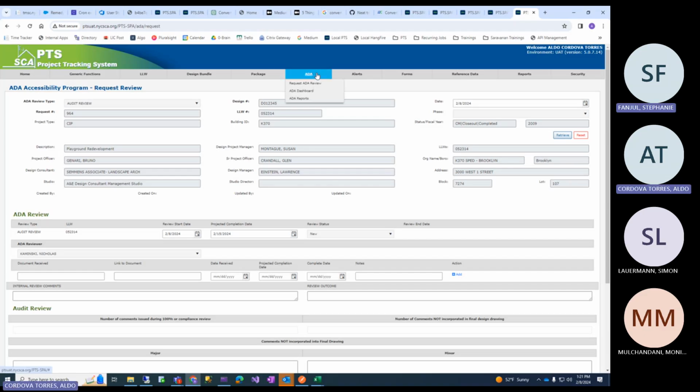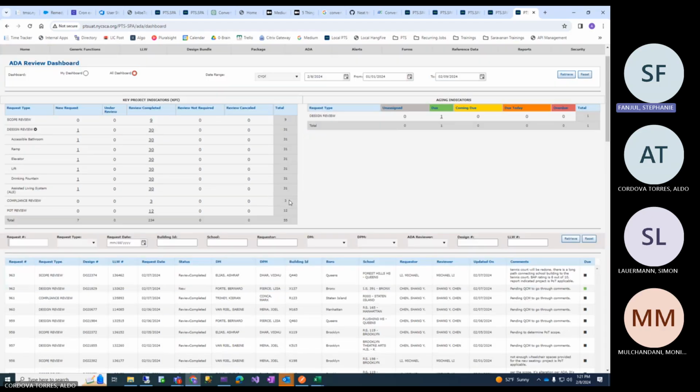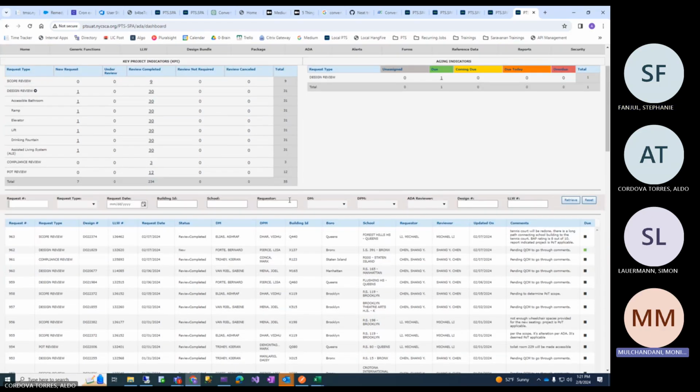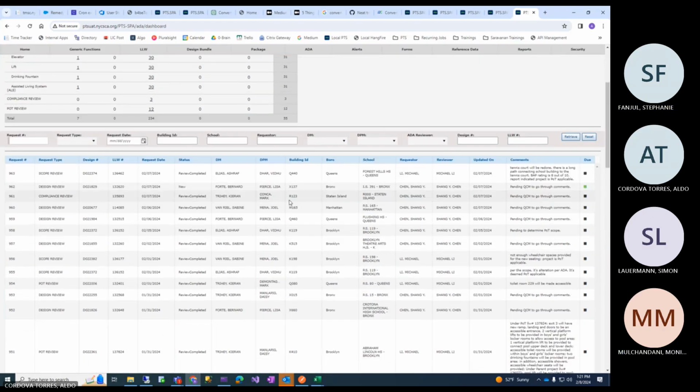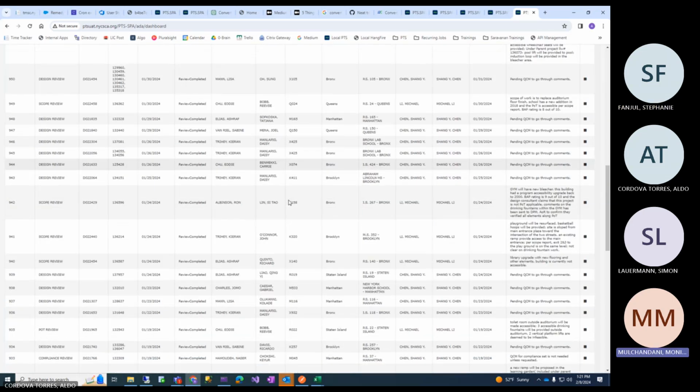What are you saying, sorry? The dashboard. So we have a charter here. We have a workflow. Oh, the ADA dashboard? Yeah, this one. Oh, nice. So the reviewer selected will have their own dashboard, and then they'll see what's open, what's completed, etc. Based on the status. So the ADA statuses are that.